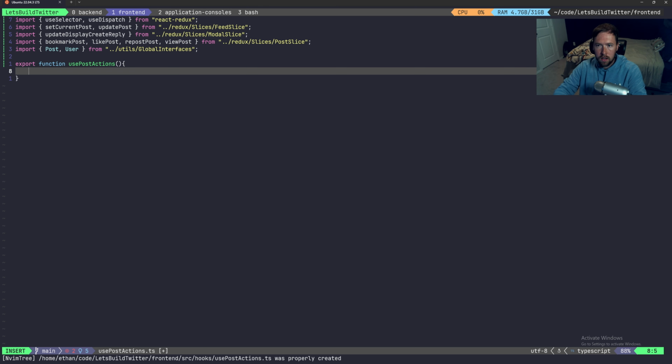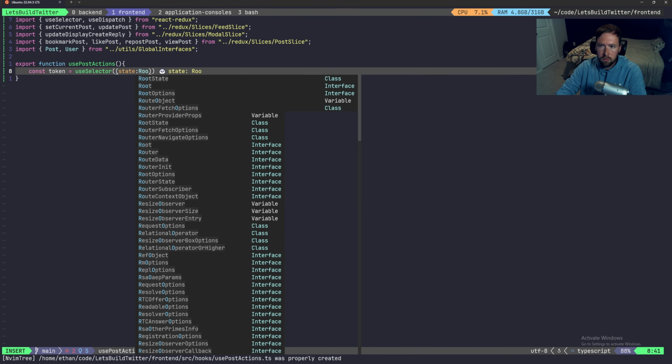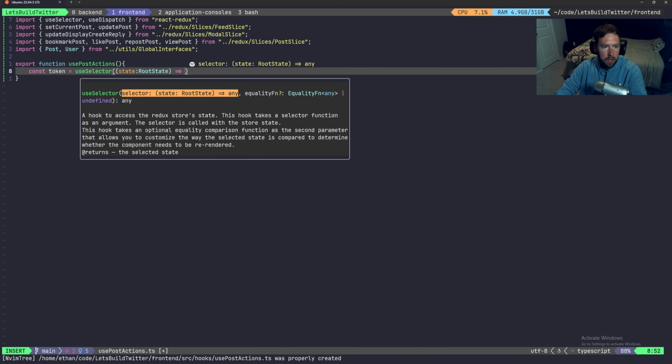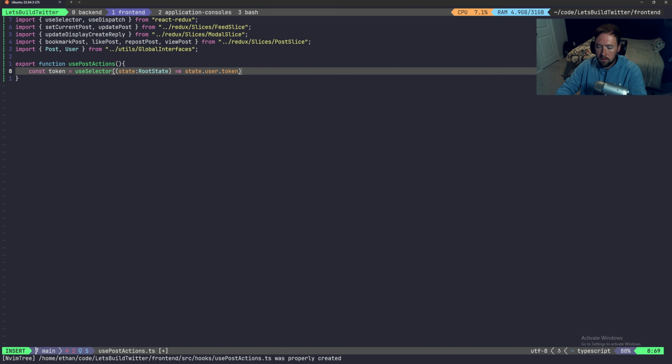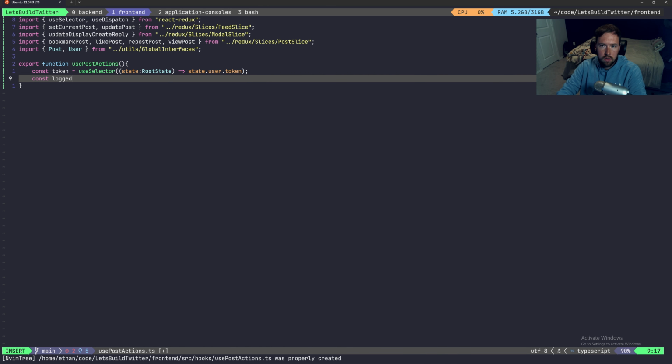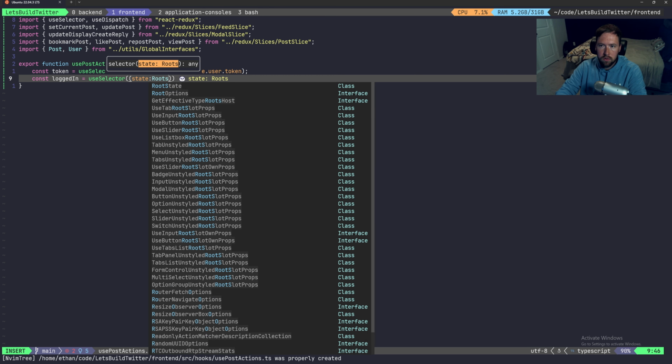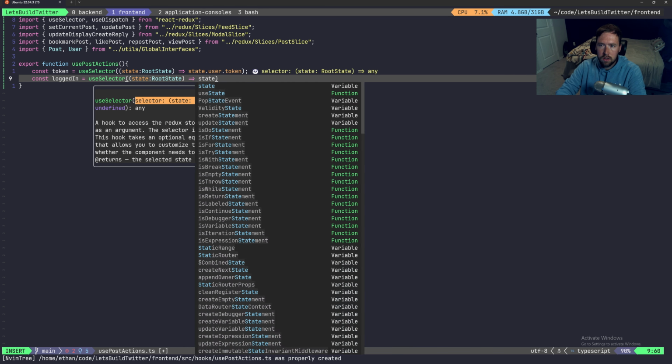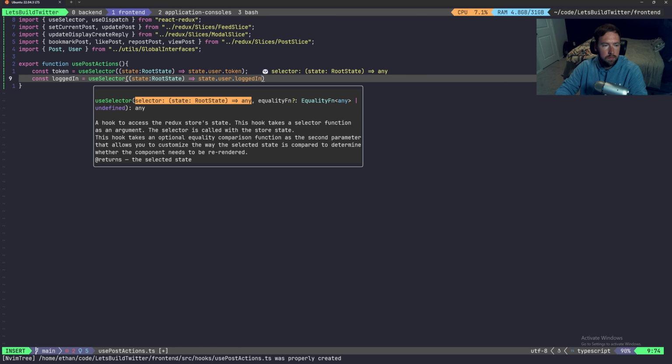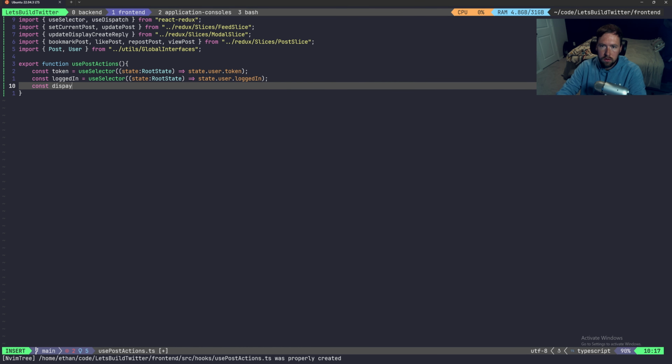Inside of an action or inside of a hook, you can use other hooks and things like that. So say const token is equal to useSelector, and then in here we'll say state: RootState, and pass in state.user.token. Cool. And I'll also say const loggedIn equal to useSelector, state: RootState, and here will be state.user.loggedIn. And finally we'll say const dispatch is a AppDispatch,